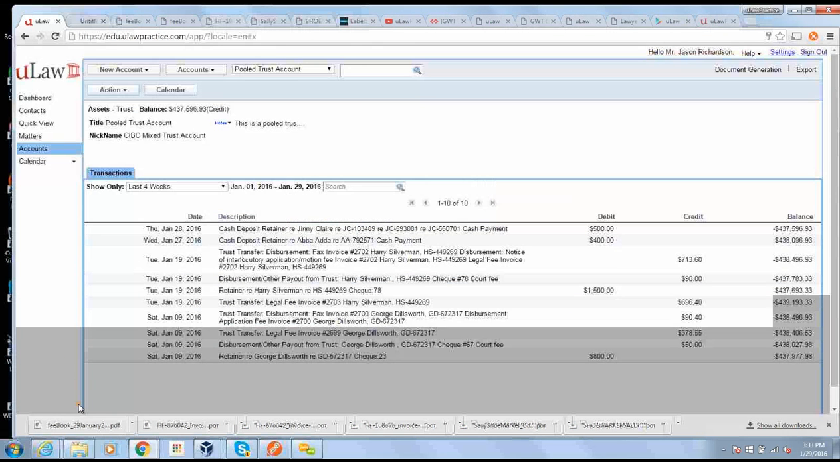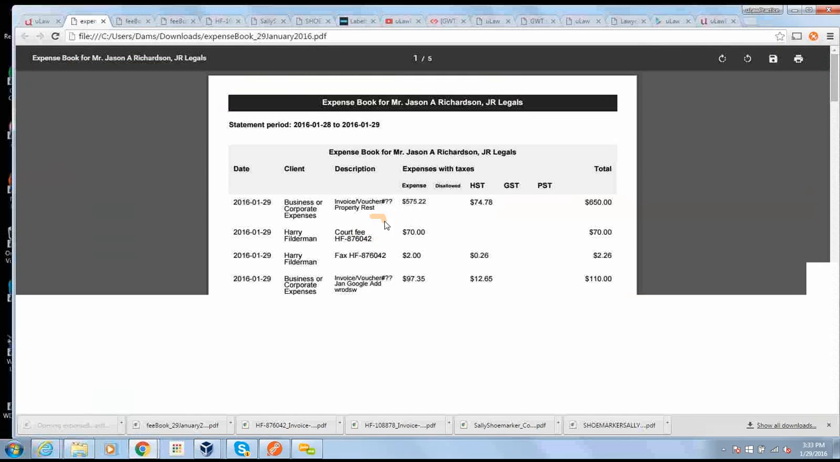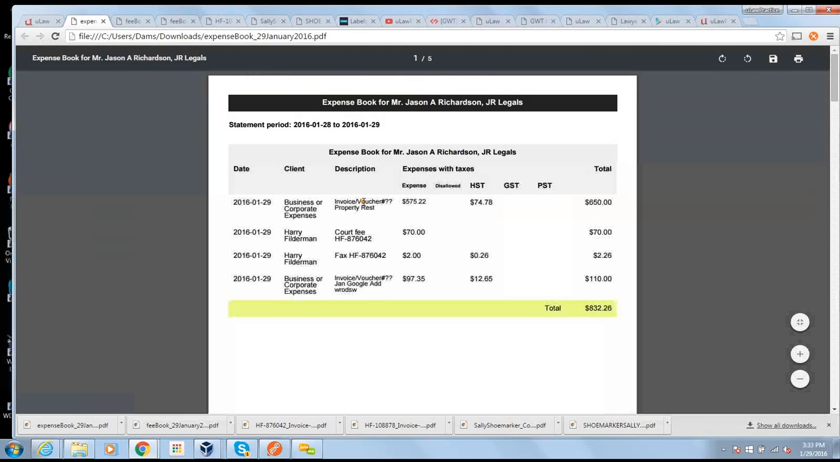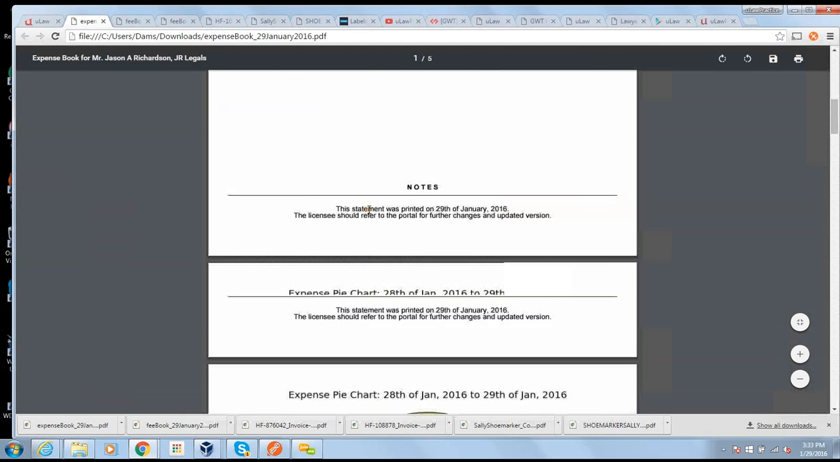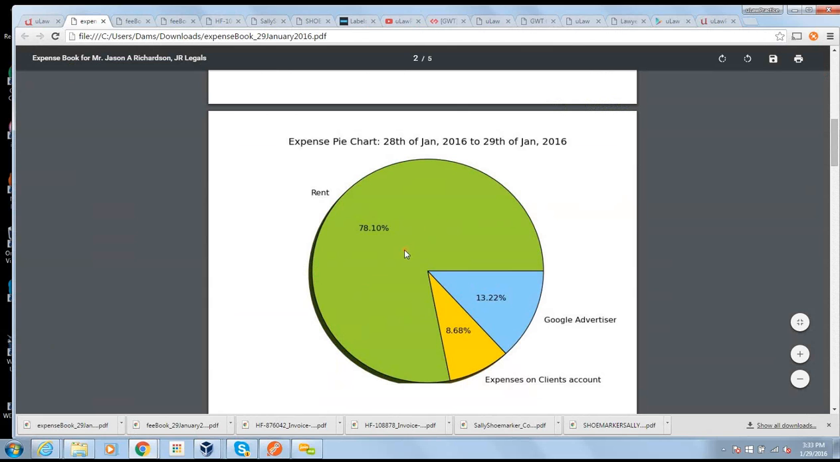So now what the software does is it's taken all the expenses. Obviously, the expense book is again a law society requirement that you need to prepare on a monthly basis. The first part is that. The second part is where we start establishing that if you look at it today, the expense on client was about 8.68%,